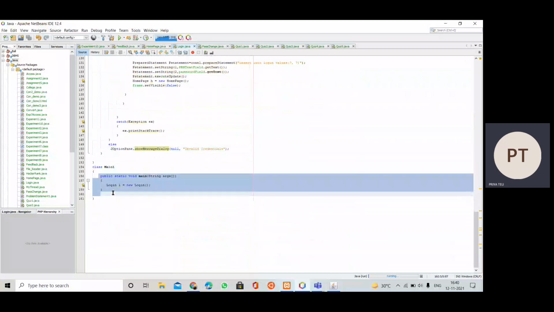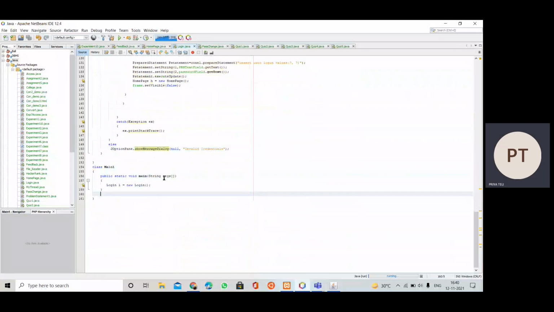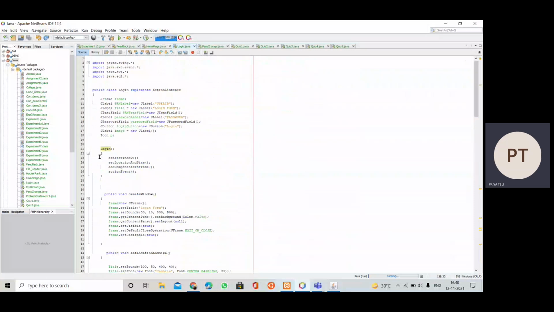Here we have the main method, and inside this main method we have created the object of the Login class, or else we can simply call new Login() instead of creating an object, because this object will never be used, but we can write in this way also. When we create this object and call the constructor, that is Login, then the constructor will be called and the program runs.